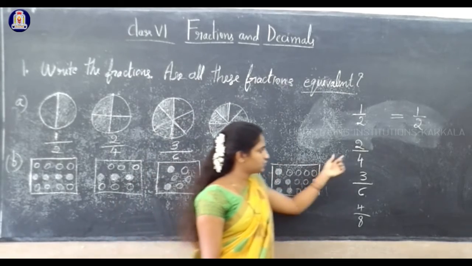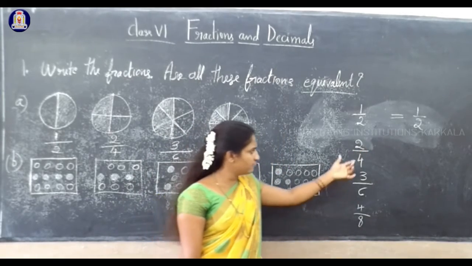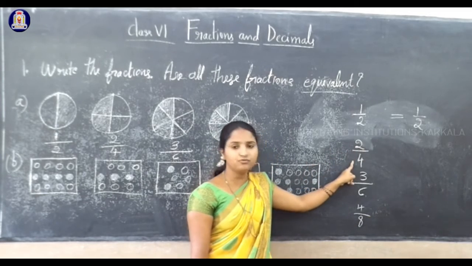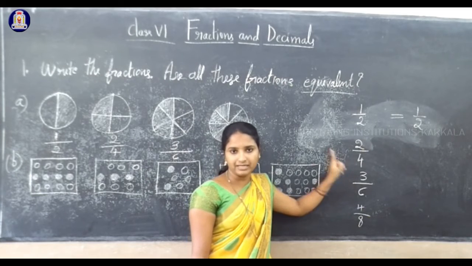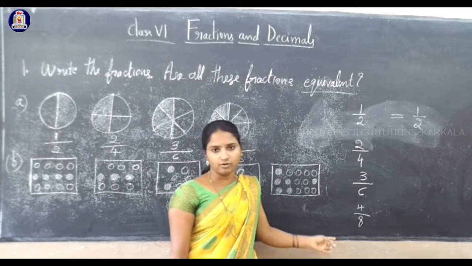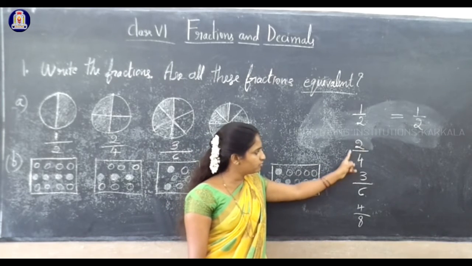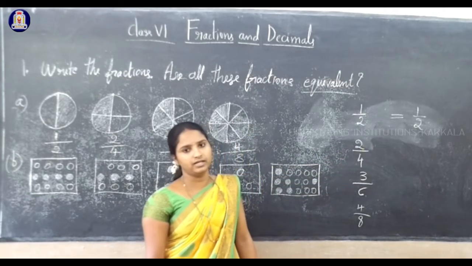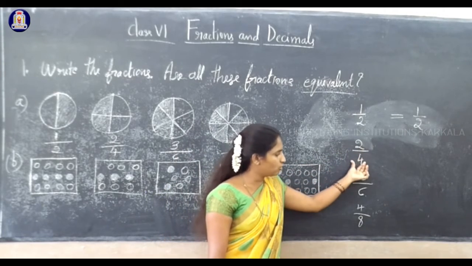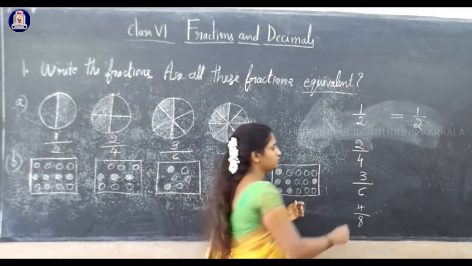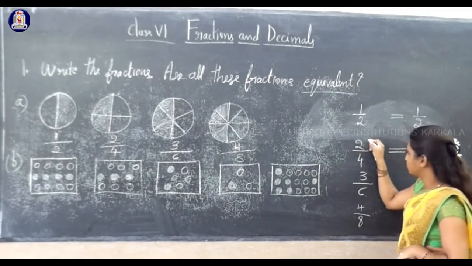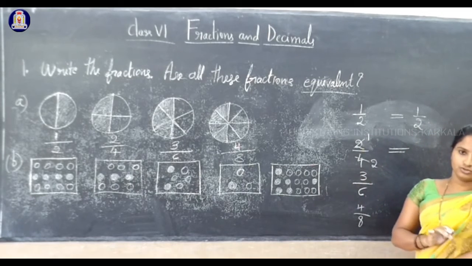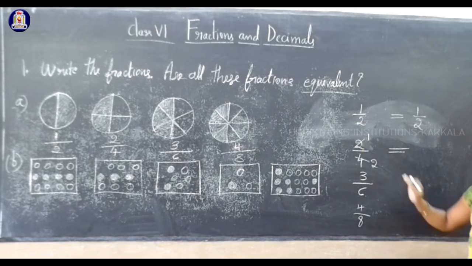Now the second fraction, that is 2 by 4. Can you simplify 2 and 4? Yes. We should divide 2 and 4 by the same table. The same number must divide both numerator and denominator. Clear? 2 and 4 are both even numbers, so these two numbers are divisible by the 2 table, isn't it? Yes, 2 divides 2, and 2 also divides 4. So now you can simplify: 2 1s are 2, 2 2s are 4. So this is what simplification is. Okay? So we can simplify.